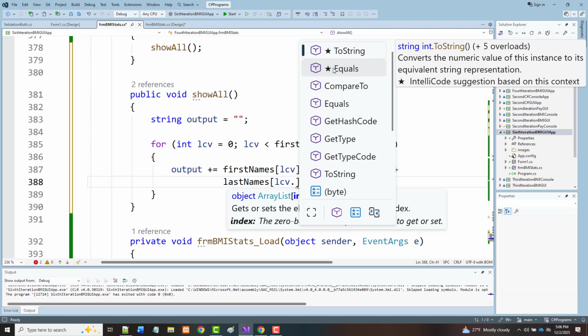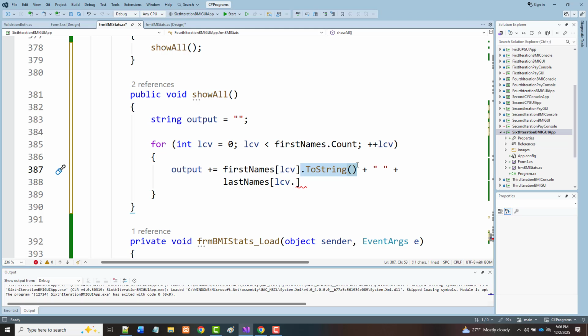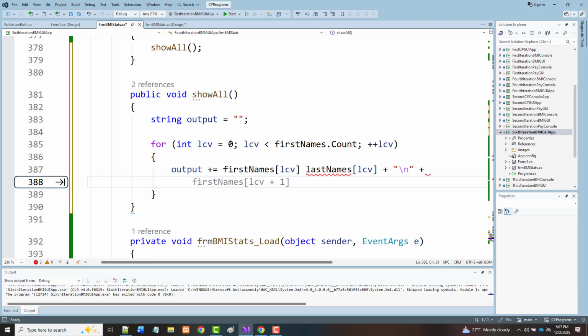We don't even need the ToString, they're already strings. So let's just concatenate these two. We'll put a blank space in between them, lastNames[LCV], plus a blank line plus